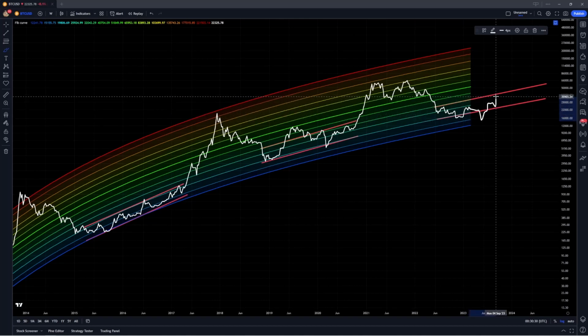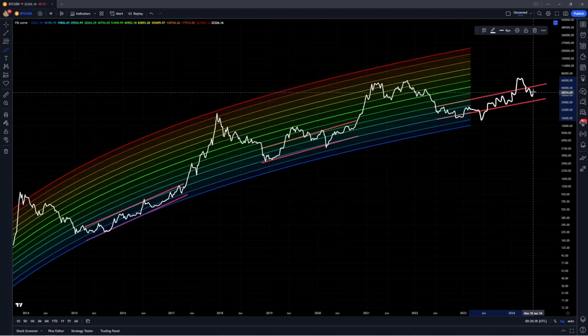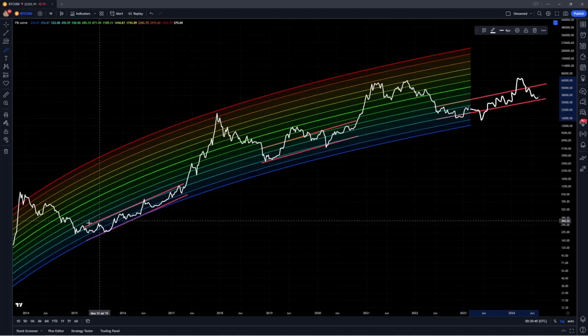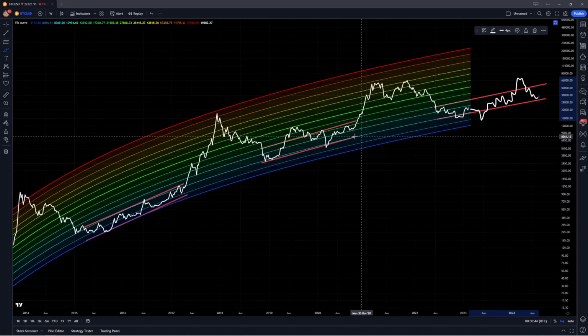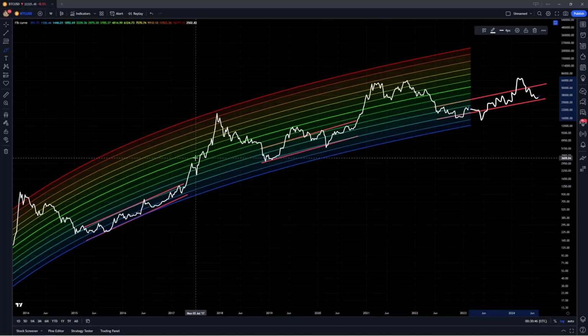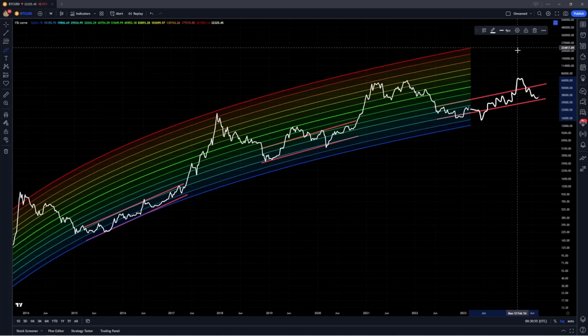But in general, I do think that we will spend the majority of our time in this accumulation phase between these two bands. Even a move to the upside could be expected, but ultimately we're going to see something more or less resembling the previous two accumulation phases if we are to have a similar cycle as the previous two. Of course, that doesn't have to happen, and there's no guarantees that previous price history is going to give us a future prediction, but this would be my best guess because I do like to stick with the longer term